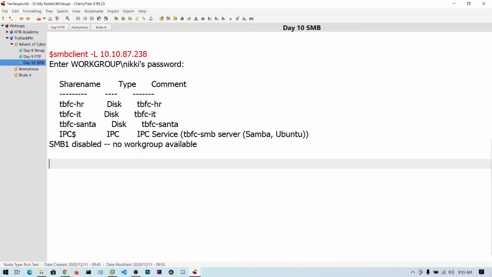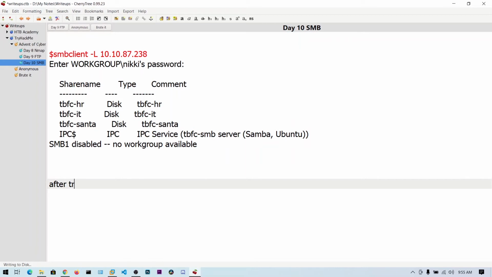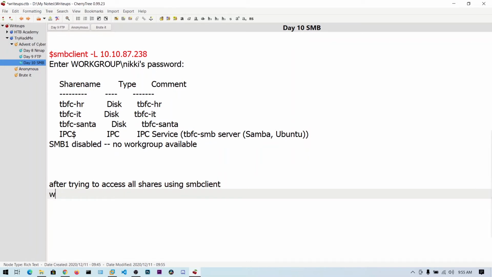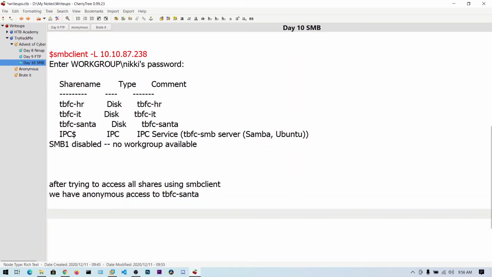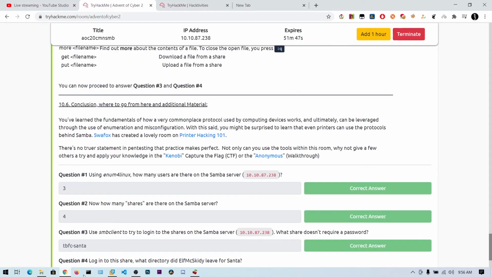So we can see after trying, we have access to the TBFC Santa share.